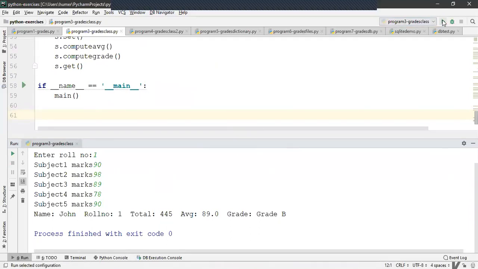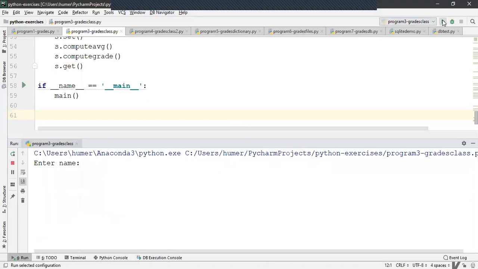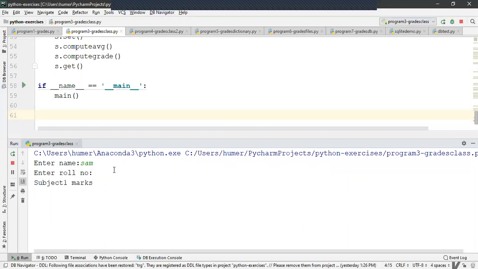Let us execute again with a negative mark. Sam. Even when roll number is not given, it is proceeding.